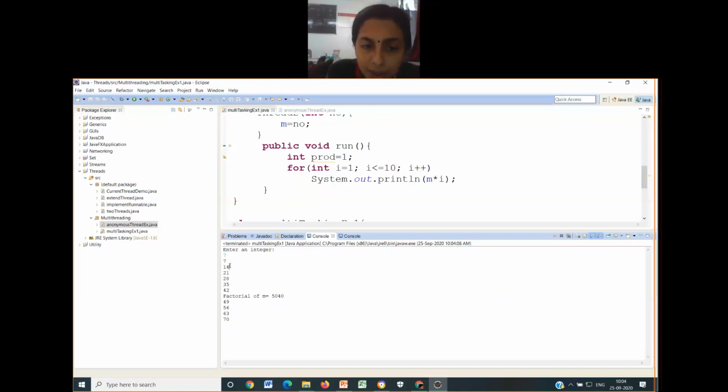So just have a look at it. What is happening? 7, 14, 21, 28, 35, 42 has been printed. This belongs to thread 2. Then there is printing of factorial of 7. Then thread 1's task continued. This is called interleaving. There is no proper communication between the two. Everyone is the owner. Both of them are doing on their own what they want. There is no control over it.